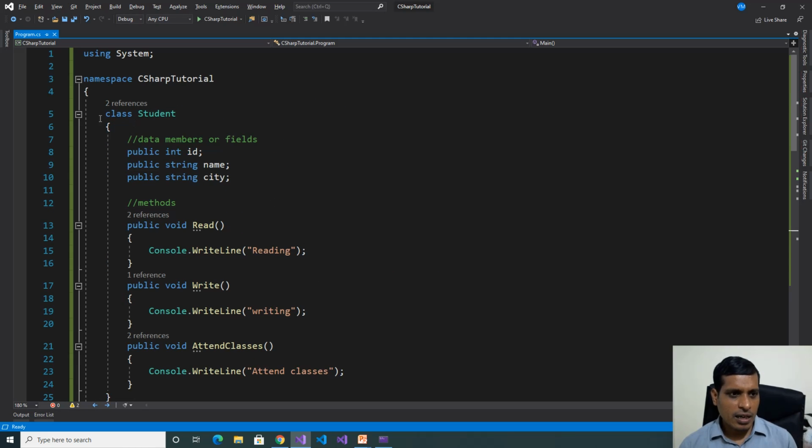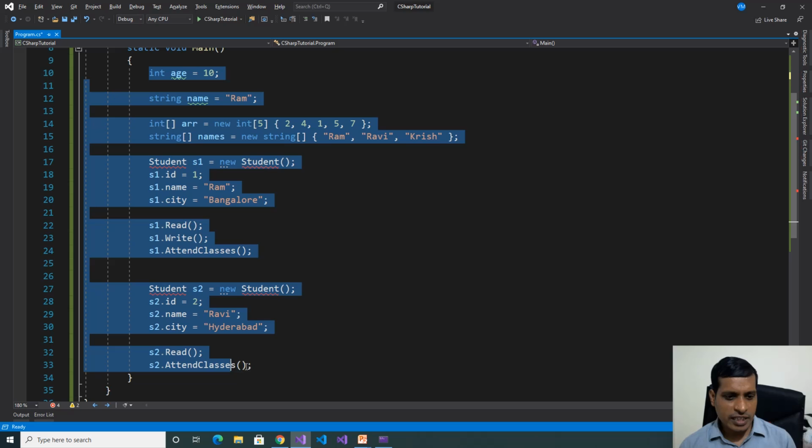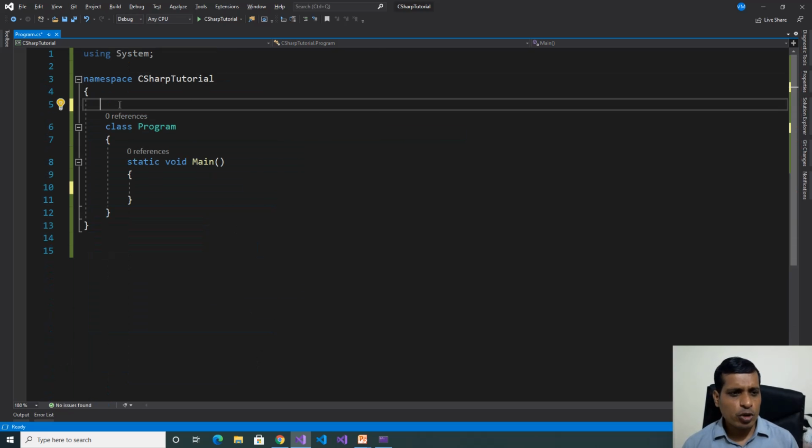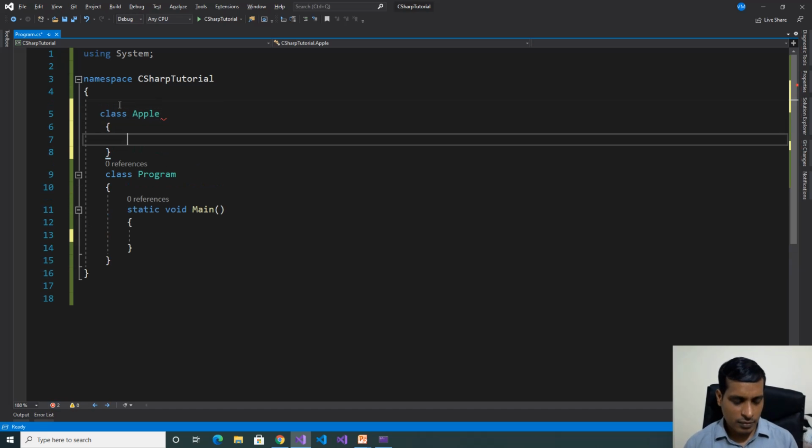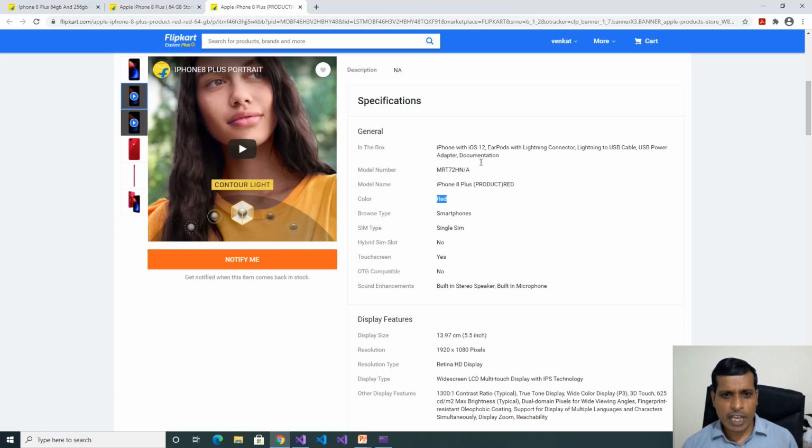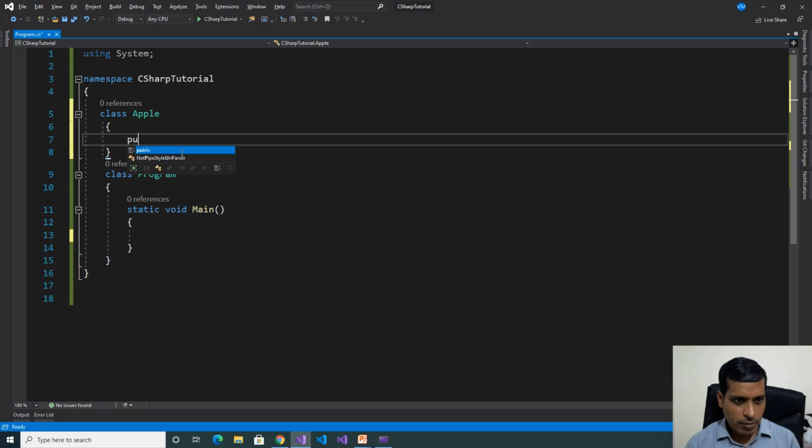Here I'll remove this class, I'll remove this data. Here I need to maintain information about Apple mobiles. So create a class Apple. Here every Apple mobile contains some data and behavior. So here color, SIM type, touch screen, model name, like that. I'll create data members, public string. Here we have model name,